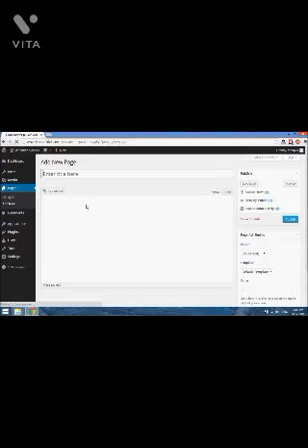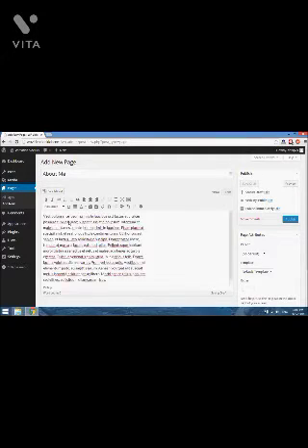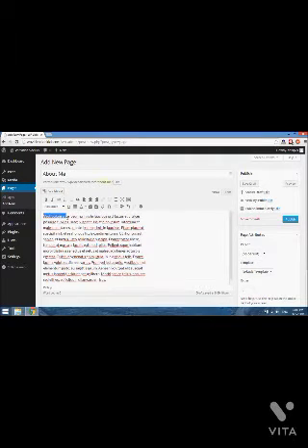and here we have a WYSIWYG editor, similar to when we were creating a post. And the first thing we want to do is name the page. I'm going to call this page about me, and again I prepared some text, and the process is similar. We can make the text bold, etc. In this case I'm going to use